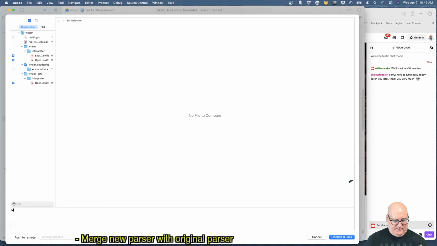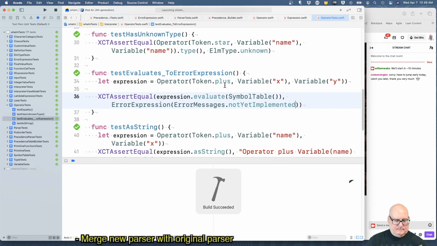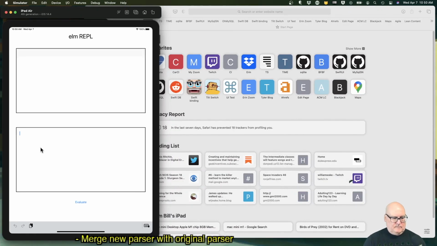So make default evaluate, expression dot evaluate, return not yet implemented. I think that's a better message. Yeah, far better, right?